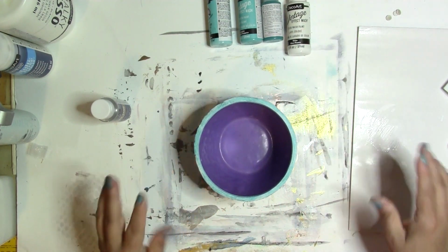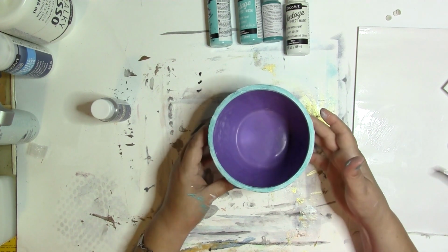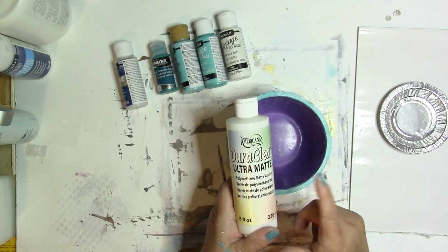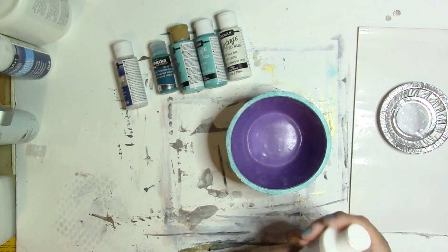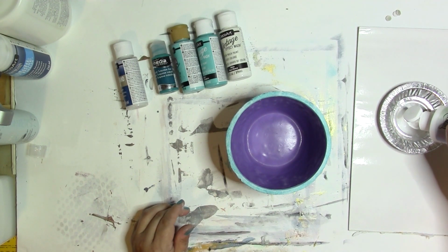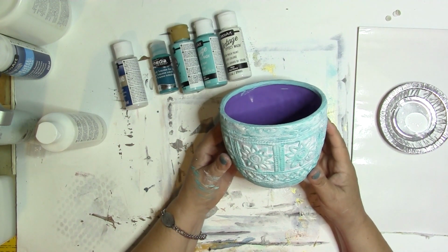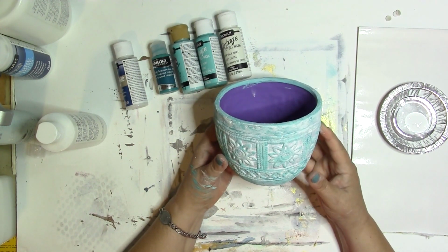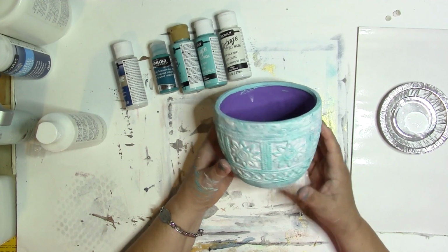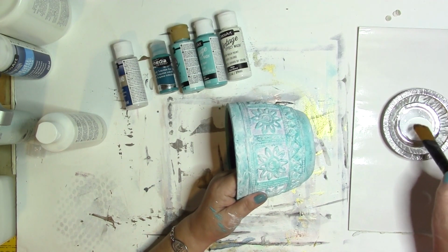All right, so now I'm going to let that dry, and then when we come back, we'll see what it looks like, and then I'm going to varnish it with some Duraclear varnish. I'm going to be using the Americana Duraclear Ultra Matte finish. It's polyurethane, so it's good for outdoors. Think about why I didn't use gloss. If this is a salt wash finish, which is going to be worn down and old, a gloss finish wouldn't make any sense. I'm using my special varnishing brush